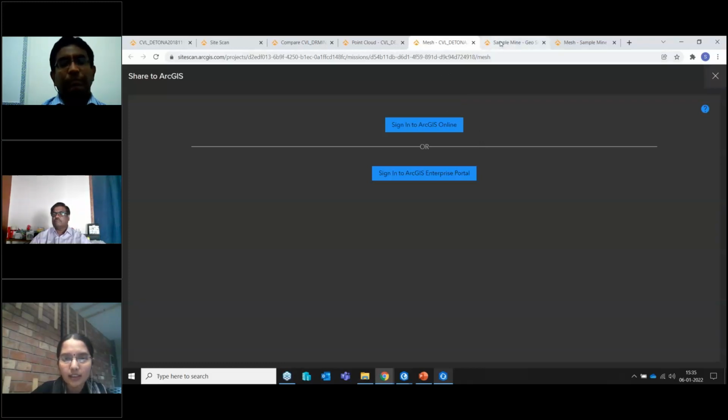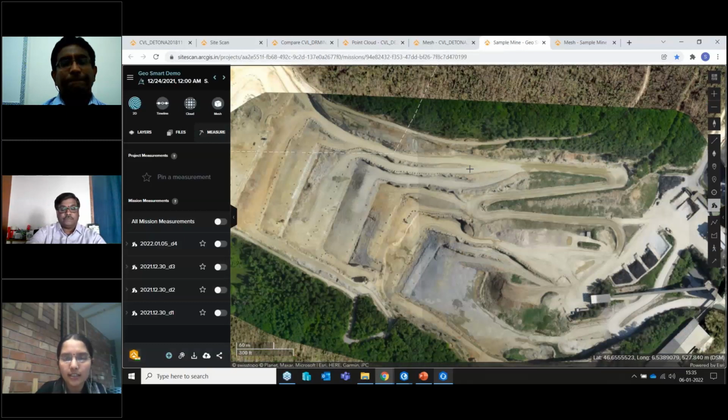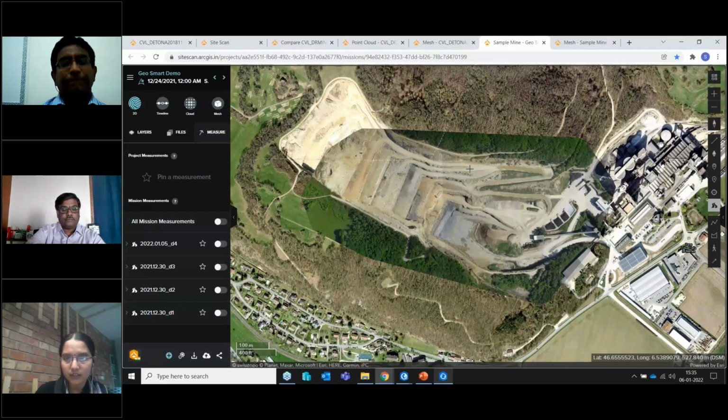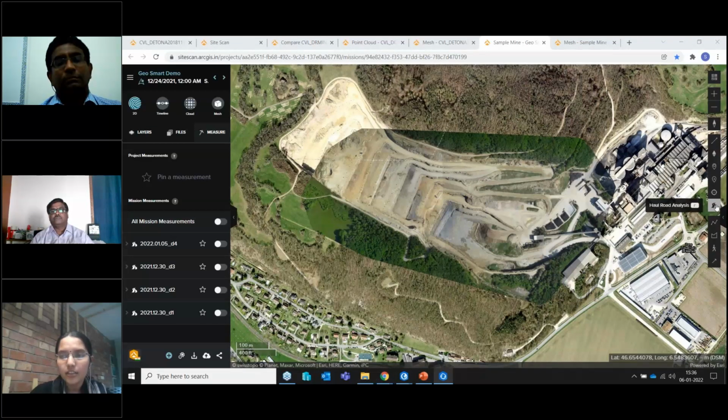Let us take a look at another tool. Site Scan for ArcGIS is evolving constantly since it is a new product, and we also have some interesting tools that can be very useful for the mining industry. Here you can see we have a new tool called haul road analysis. What this does is once you have